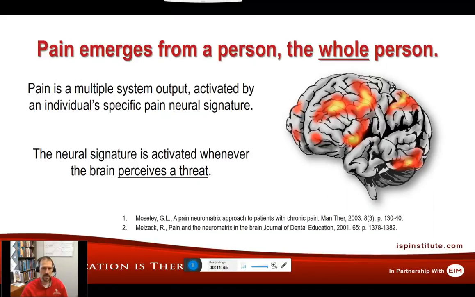Those various areas of the brain are activated through the body system itself and based off of the environmental information, and when that neural signature gets activated, it can produce pain. And it produces pain anytime the brain and the person start to perceive a threat. So anytime there's a threat involved, it's going to go into a protective mode, and it's going to use pain as its protective mechanism. Just like when you're hungry, your body produces hunger to get you to do some kind of output to get over that hunger. Pain is the same thing. It's going to push you into that protective response because your body is potentially under threat.